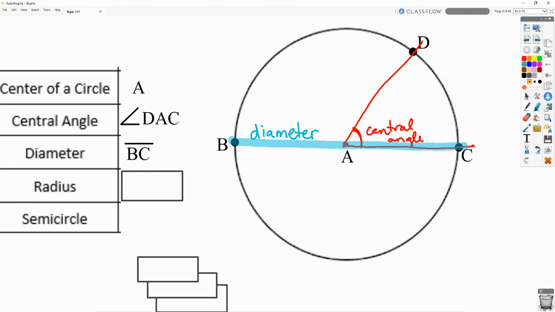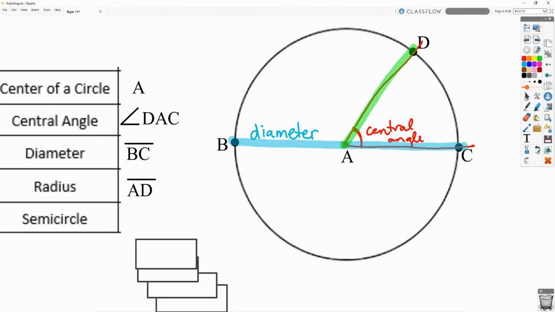Up next is a radius. A radius would look something like this right here. It's the distance from a point on the circle to the center. So if we started here and went straight up like that, that green highlighted line right there, line segment AD, that would be a radius. So there you've got 4 different names and different pictures all on that one circle of items that we just